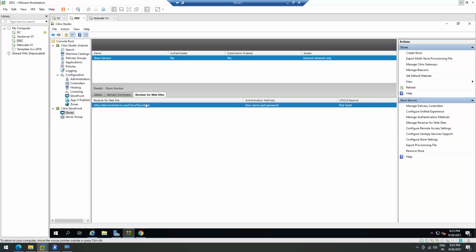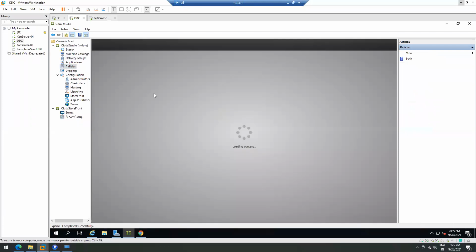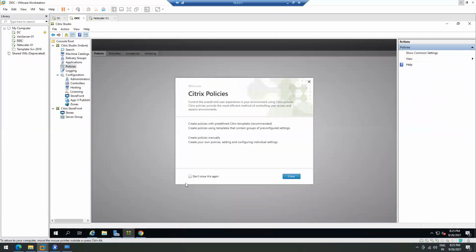Got it. We will cover this later. So here are the policies. Have I explained the policies to you earlier or not? You didn't explain policies actually. You just showed me one policy, how the users cannot access the server C drive.